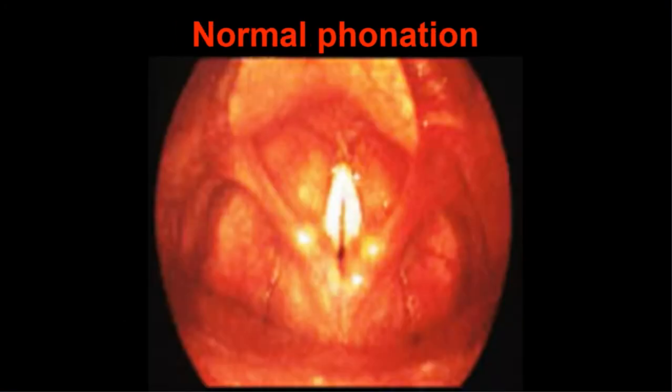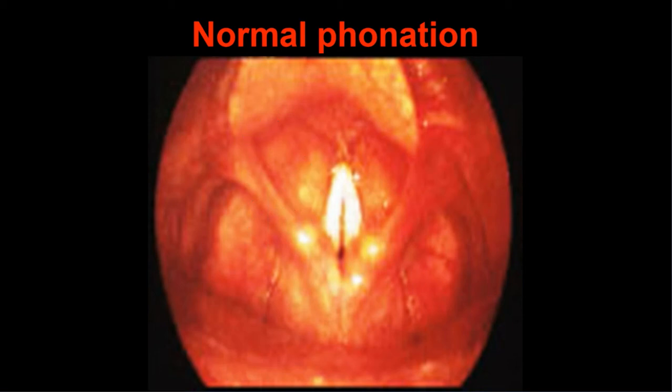The larynx is supplied mainly by the vagus nerve. The vagus nerve branches are the superior laryngeal nerve and the recurrent laryngeal nerve. The superior laryngeal nerve again has two branches, the external branch and the internal branch. The internal branch of the superior laryngeal nerve gives the sensory supply to above the vocal cords, that is the supraglottis. Below the vocal cord, sensory supply is from the recurrent laryngeal nerve, and